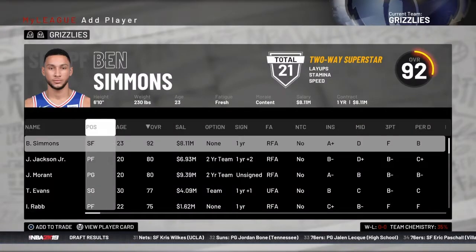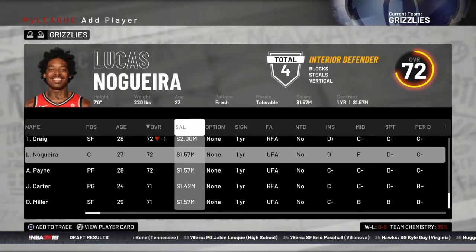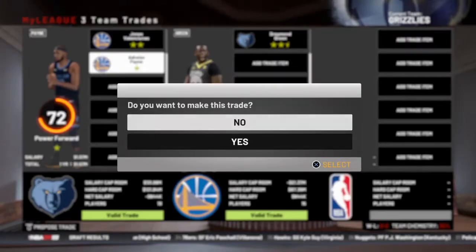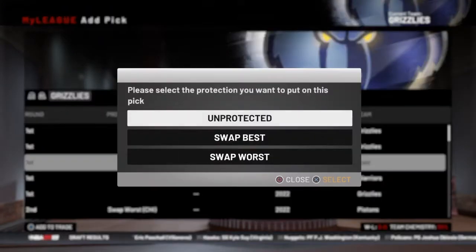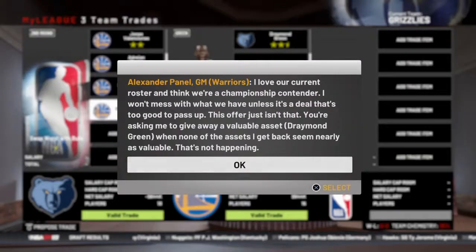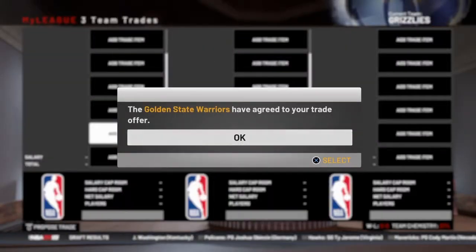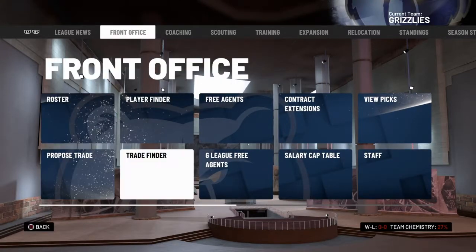I feel like Draymond will fit this team very well. The Grizzlies used to be one of those teams where they just grind it out with defense and stuff. I don't know what that said, but I feel like he would fit this team very well. We'll offer some first and see. I'll throw a second and then one more first, and if they don't buy it, then that's it. And they accept. So we got Draymond Green over here, and now we low-key need a center,